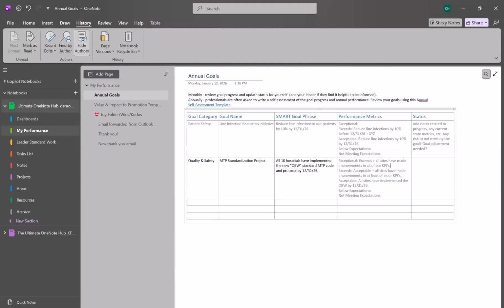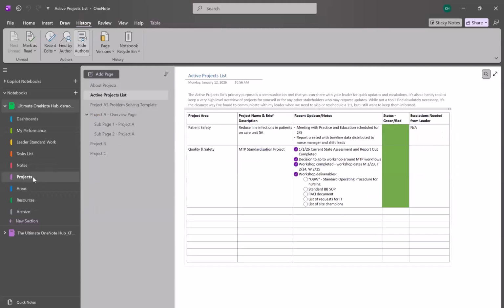And so again, it doesn't say we have to exceed by 100% or whatever. You can define this. And then the status would be adding notes related to progress. So for me, I probably just link my projects list here, if this goal is a project. So how you can do that is you can actually,